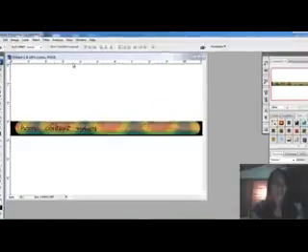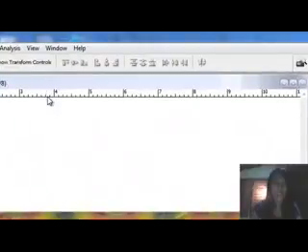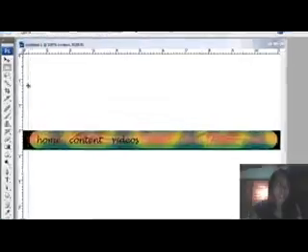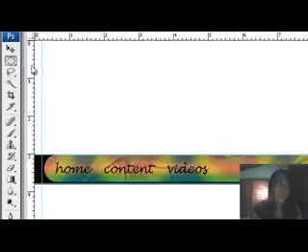First, I'm going to use a ruler for cropping a text. To the right. Another ruler.